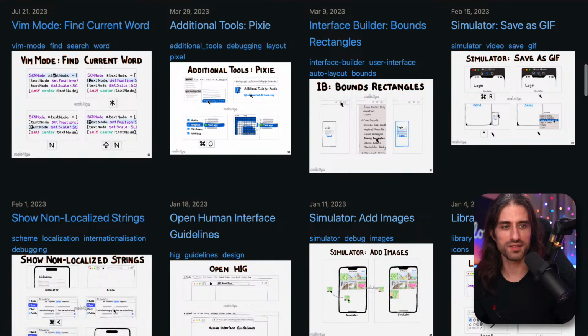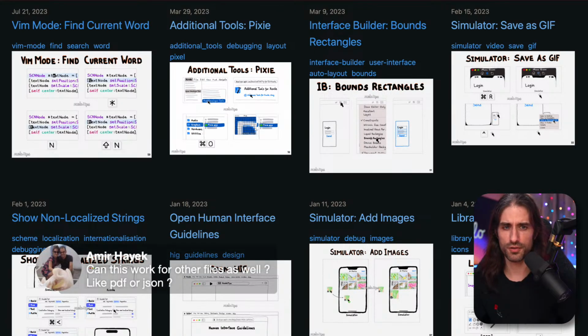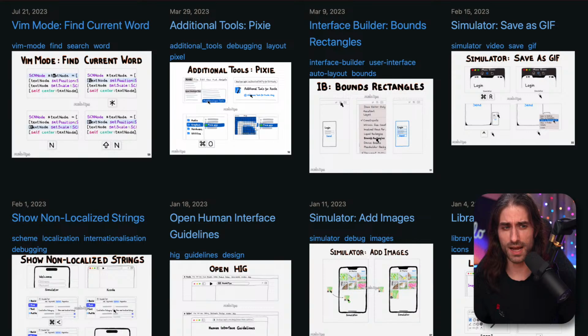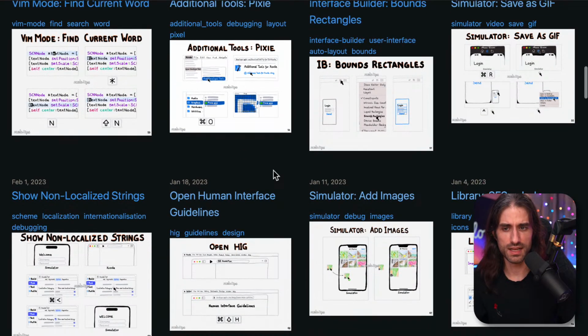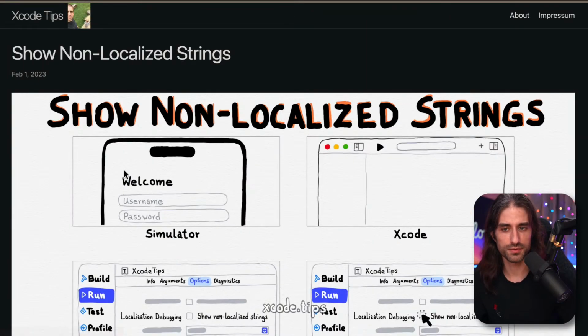I saw a good question, which was, can these drag and drop things work for other files as well, like PDF or JSON? Good question. I would say the best way is to try. I don't have a PDF on hand, so I cannot try it. But I would say maybe it does, and then it will put it into the Files app, something like that. So that might be able to work. But to be honest, I've never tried it. So I would expect it to work and put it into the Files app. But actually, I'm not sure. So I will let you try it, and you can tell me if it worked. But that would be cool if it worked.